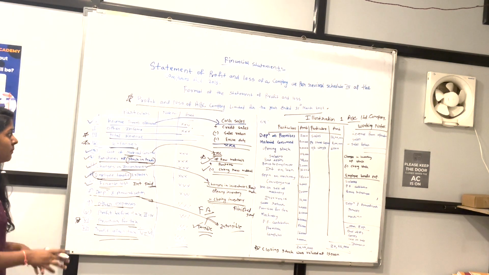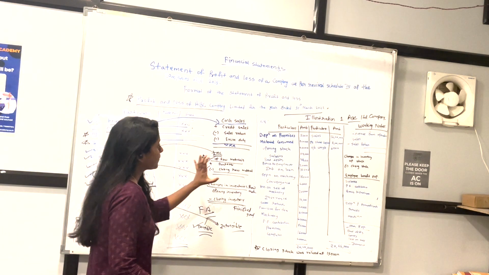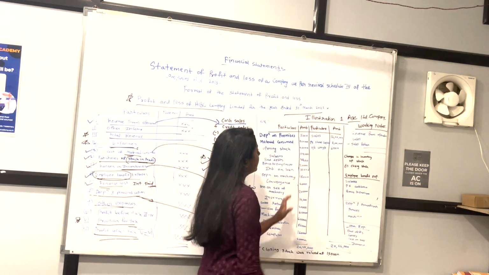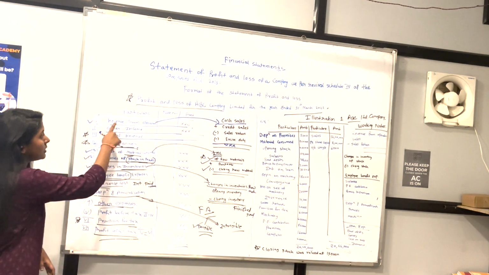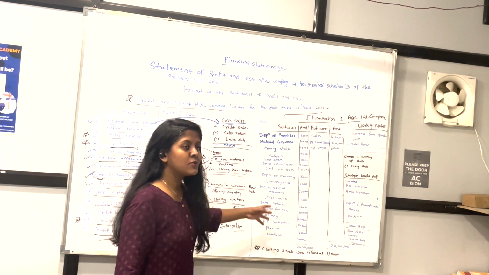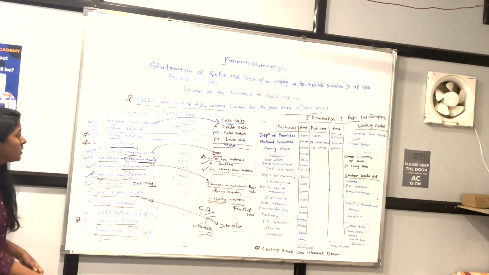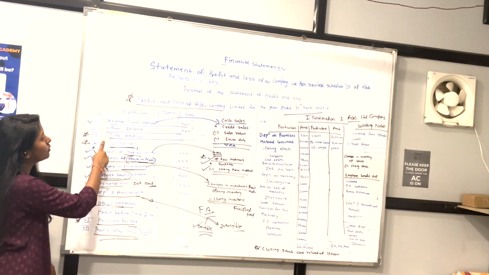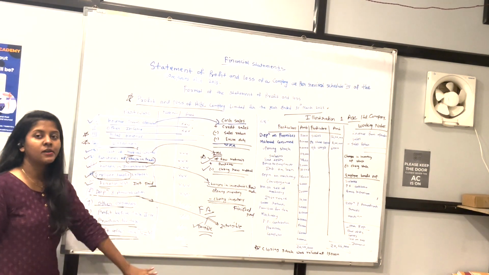Why mark all the items? Because we have to put it in this format now. Depreciation on premises 8,000 is given. Material consumed 8 lakh. Since we have to put it in this format, we have to classify all the items first and put each in one head. We should first see whether it will go in revenue from operations, or in other income, or changes in inventory. So that's why we have to mark all the items first.